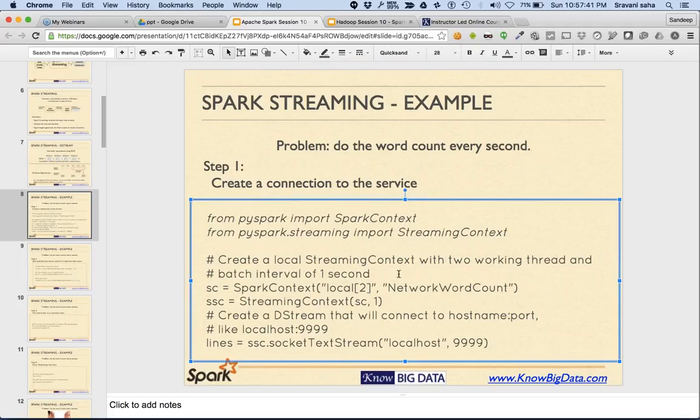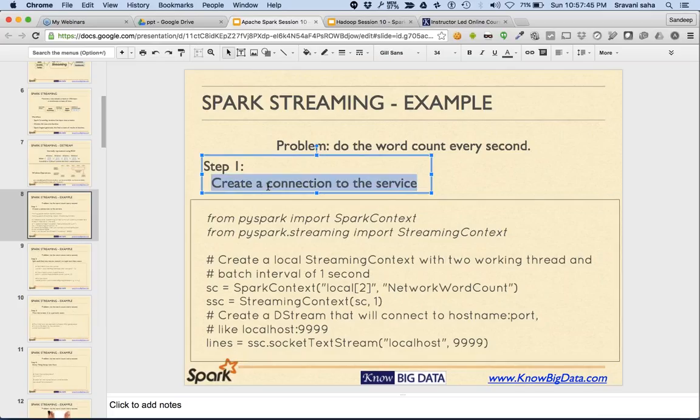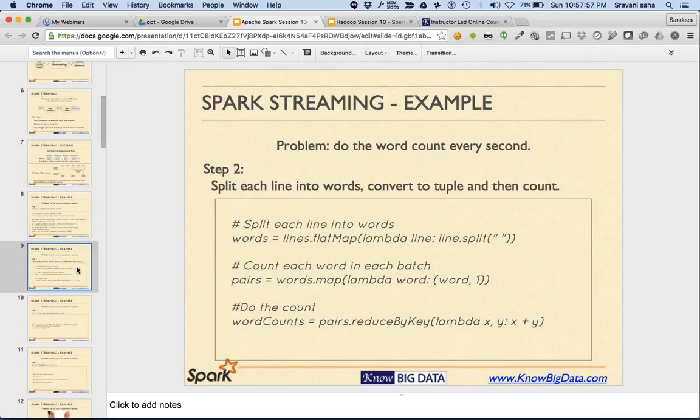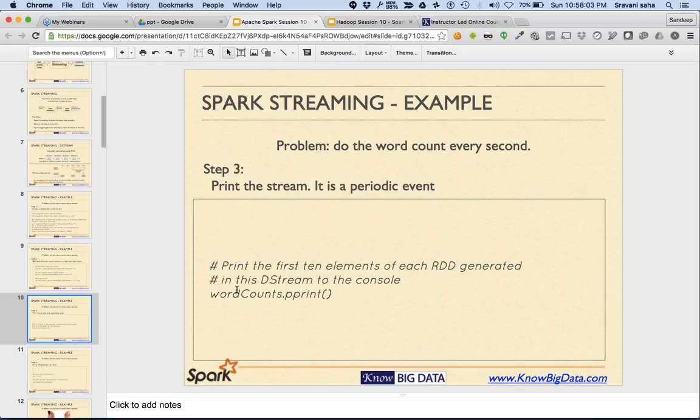So first of all, let's create a connection to the service. The way we create a connection is by using this kind of syntax. Second, we will do the usual split the word and do the word count and so on, and then print the data. That's it.